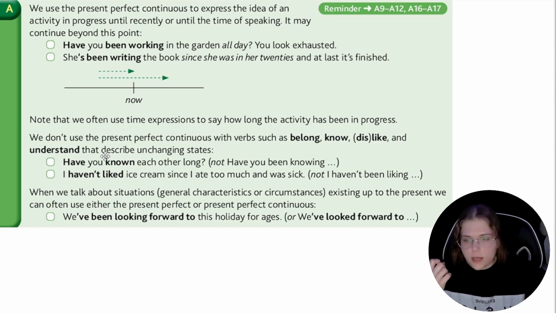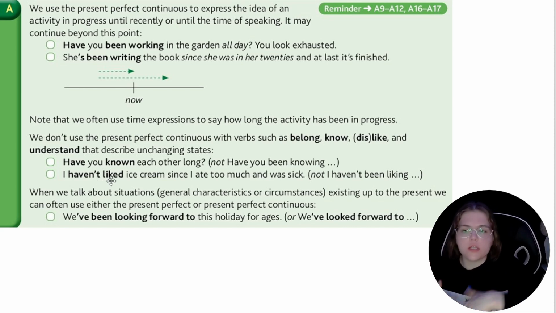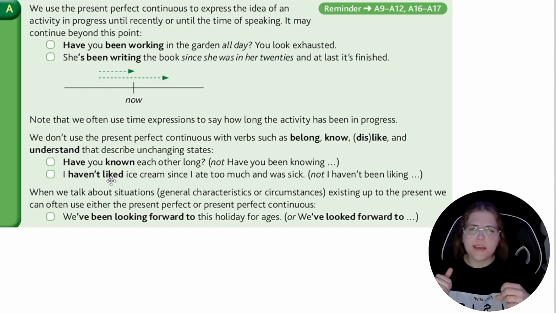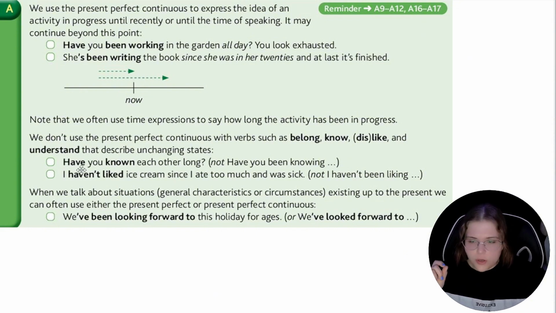I haven't liked ice cream since I ate too much and was sick. I haven't liked: I either do like or I don't like. I can't change it like now I am liking an ice cream. It's very strange. When we talk about situations, generally characteristics or circumstances,